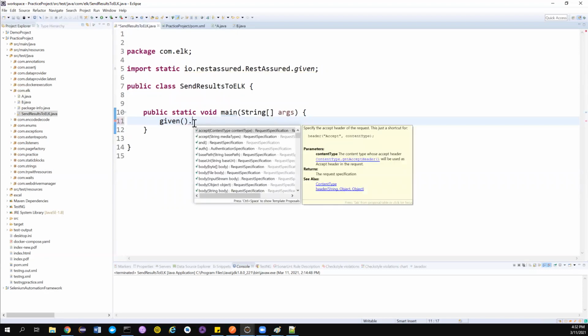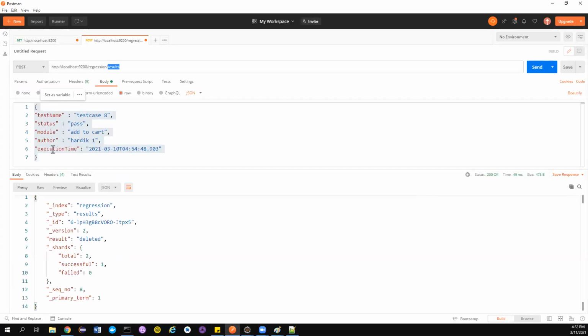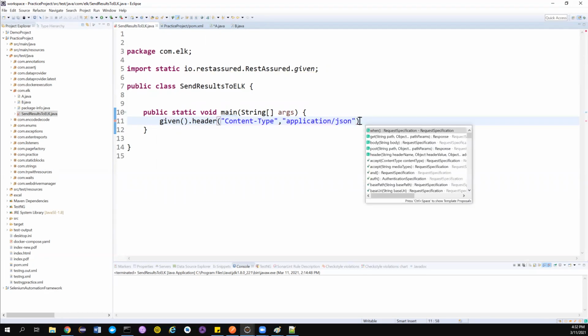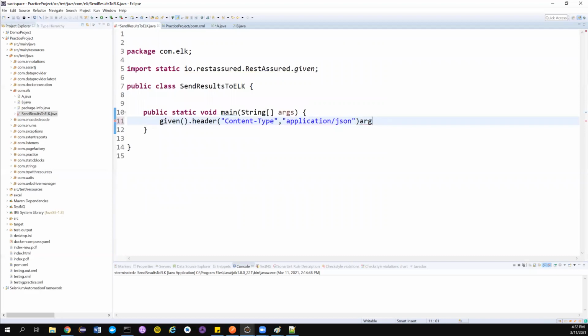Now I want to post this. This is the one that we posted so far. This is a JSON file, right? If I want to post this, I need to tell that this is JSON, so I can add it in the header. What is the key? The key I can tell is content type. I'm just telling that I'm going to send application JSON here. This is very simple. Once you do this, you can write it in the same line, or in the next line so that it's more readable.